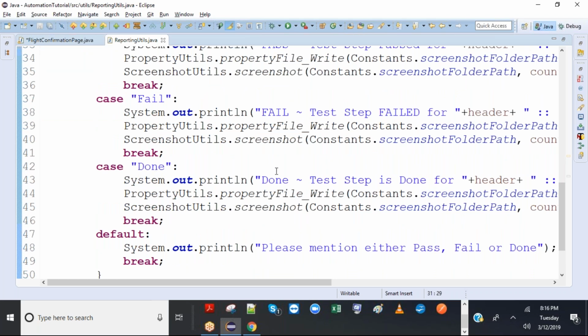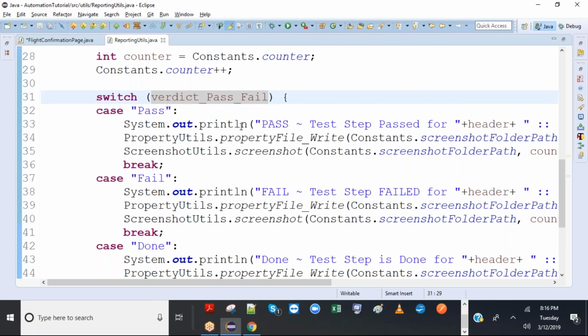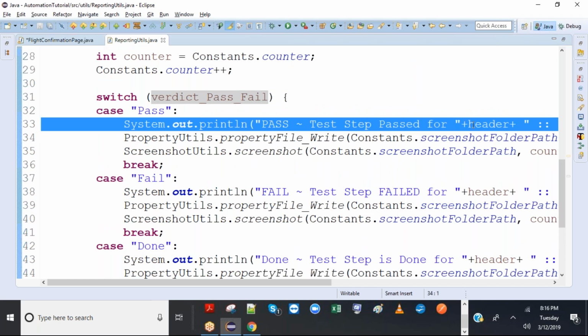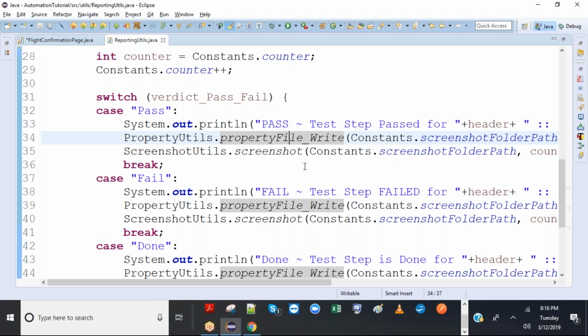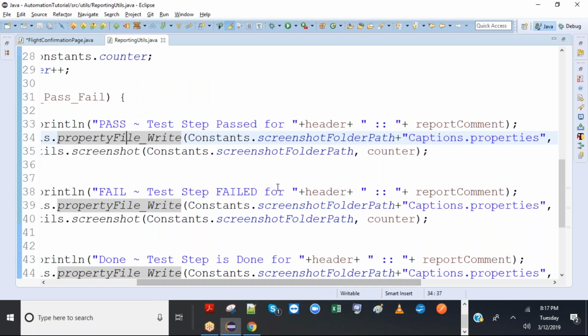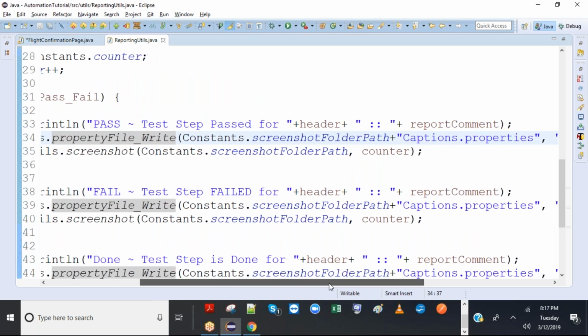That means I don't want to take a screenshot at every interval, so it is just for printing something like what step it is and what we have done, like we have successfully entered all the details in the registration page, so we don't need to take any screenshot. So that is just like the page is done. So for that I created one more case. Okay, so this we have already seen, pass as step pass for so and so. And the property file I already explained, right? So whatever I want to write to the property file, okay, I'll explain again. So I want to write whatever I print to the console. Okay, so that part I want to write to the property file.